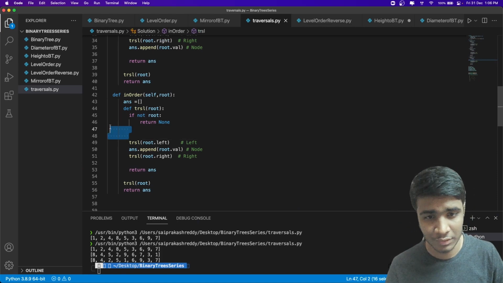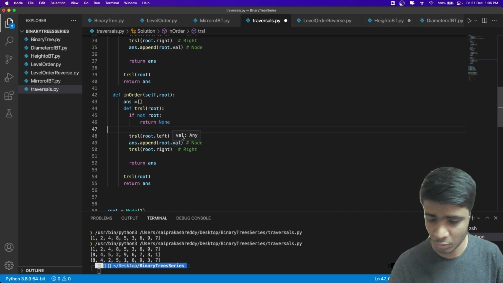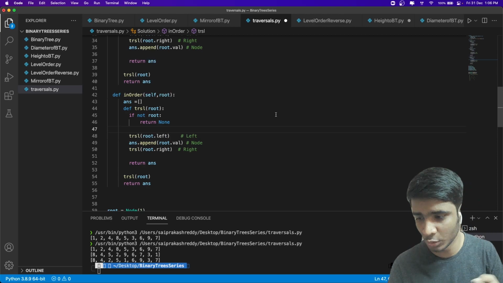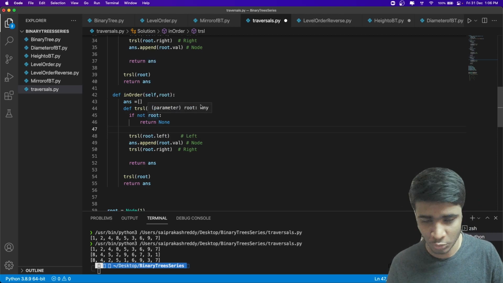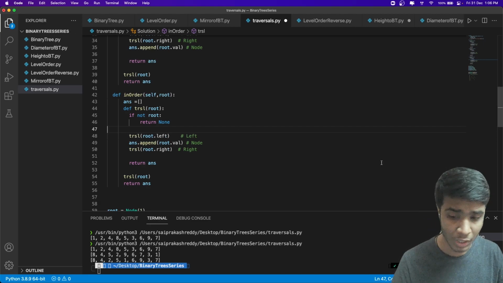I suggest you get this solution whenever you want, right? There's nothing that you should remember. Just try to focus on the concept. Using that, you can solve all of these problems, right? You just have to think how we are doing it. It's all about a couple of base conditions and calling a custom function at the right time. That's how we solve traversal problems. Let's move on to the next question.